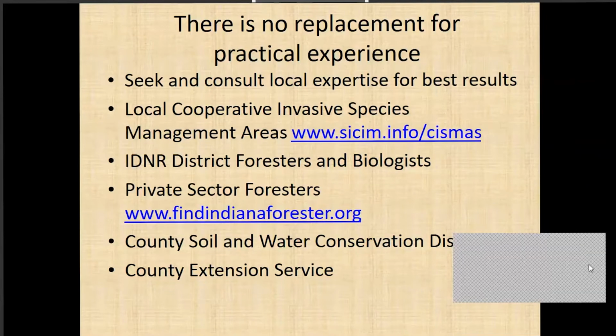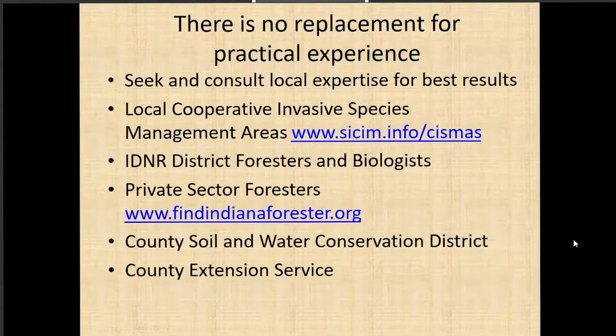Another really good source of information are your district forester with the Indiana Division of Forestry, and also your district wildlife biologist with the Indiana Division of Fish and Wildlife. These folks are available to help private landowners on their properties. There are some limitations to the services they provide. District foresters are typically working in areas with 10 acres or more of forest or other types of habitat. Biologists also sometimes have limited scope and areas that they're able to work in, but you can contact these folks to either get a site visit or to get advice and assistance on where to go for additional assistance